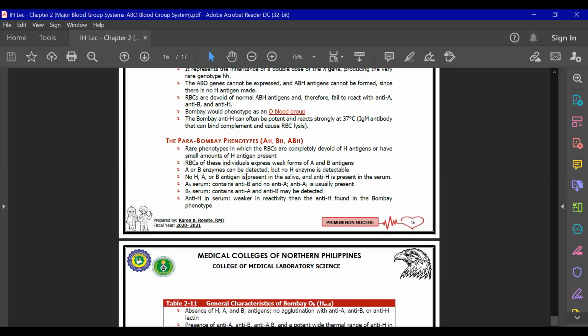It has no H, A, and B antigens present in the saliva, and may anti-H sila na present sa serum. May anti-H sila kasi meron pa. Why? Bakit may anti-H sila? Because, while it is true na